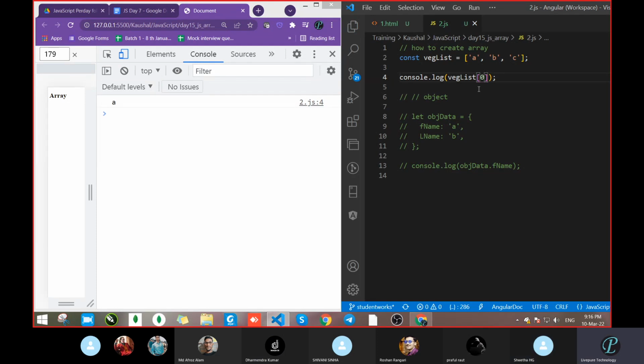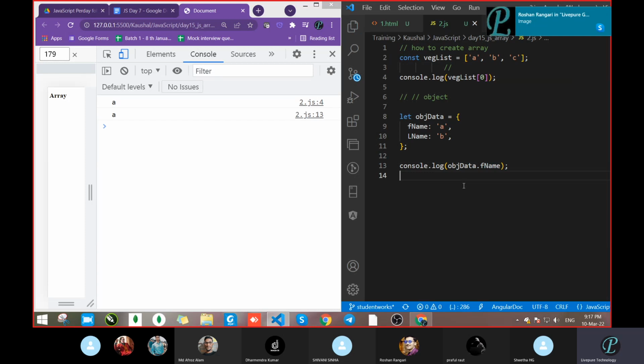So now see, B taken 0, B got A. Got it? Now see how we got this. Because in the case of object, we had written first name dot. Correct? We had written object data dot first name, then we were getting that value. But here we got it in a different way. Do one thing: put here Ramu and Ramu Lal.